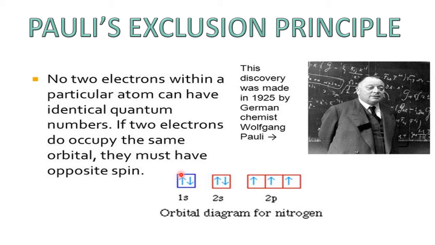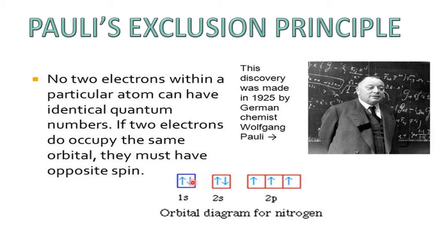For example, let us take the example of the 1s orbital. In the 1s orbital, two electrons are there. What are the quantum numbers associated with one electron? See, it is in which orbital? 1s orbital, so n equal to 1. What is the l value? l value for s is 0. And m value is also 0 because there is no orientation for the s orbital. And what is the spin value s? It is plus half. That means for this electron, the 4 quantum numbers are n equal to 1, l equal to 0, m equal to 0, s equal to plus half.